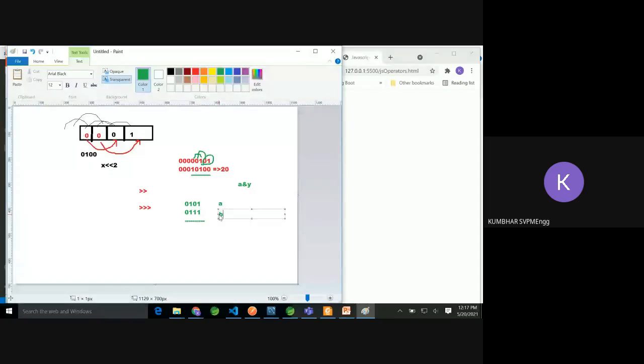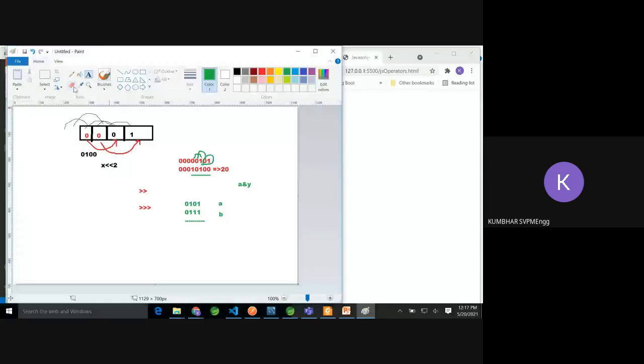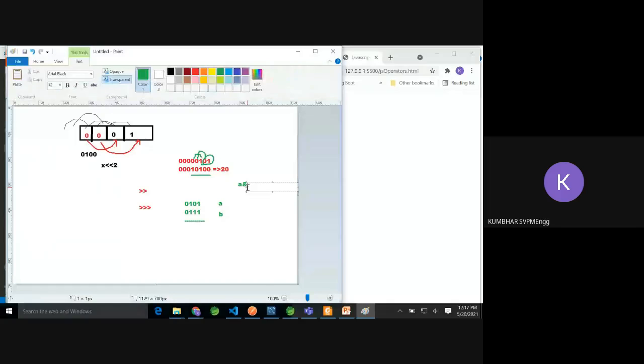Sorry, I had mixed it up. So if we go for a and b, it will do the and logically bit by bit. So what will be the result here?